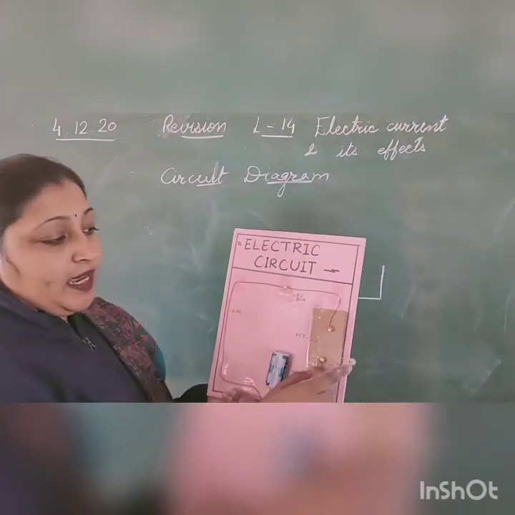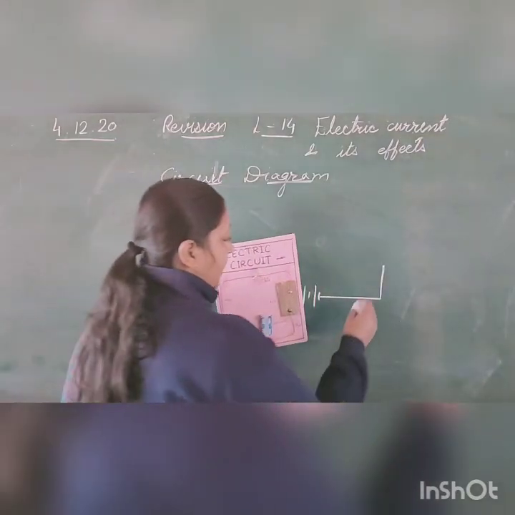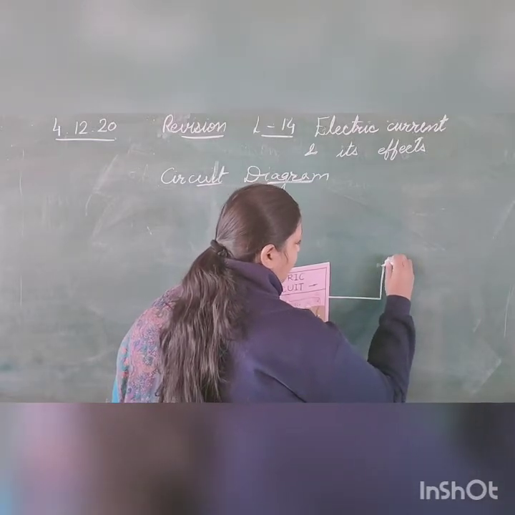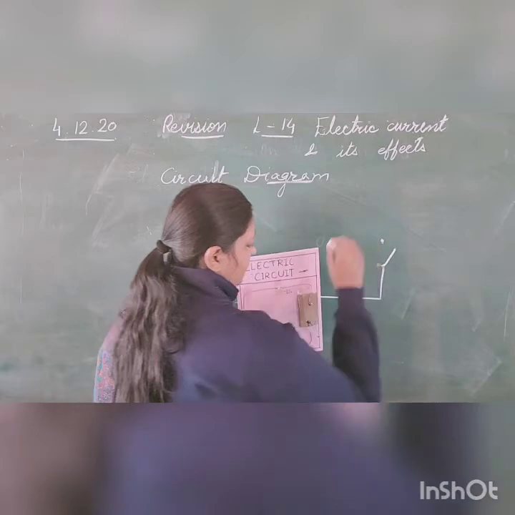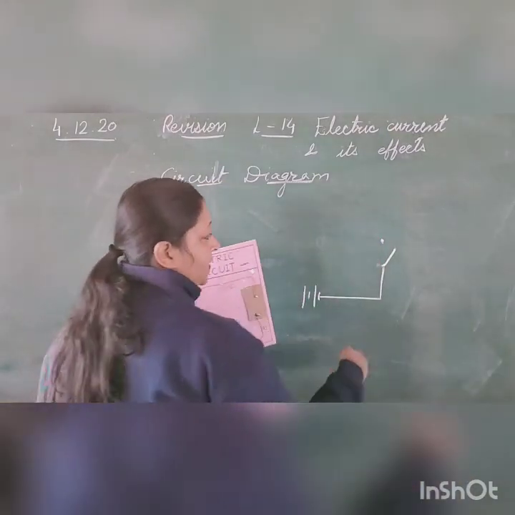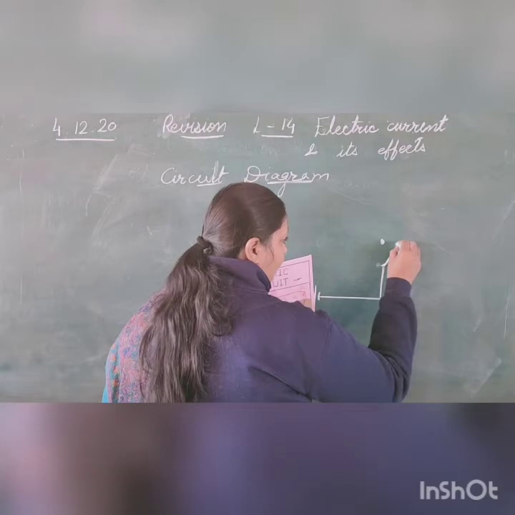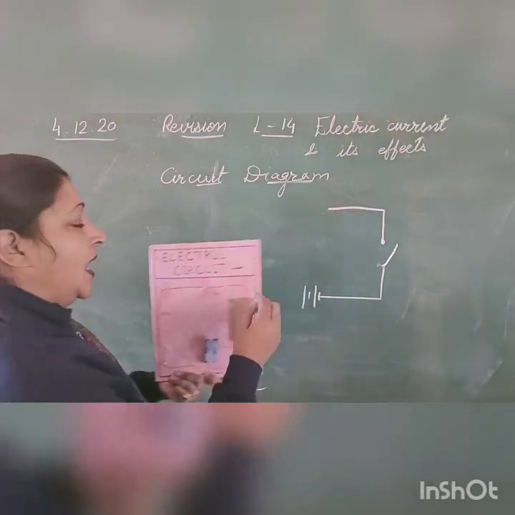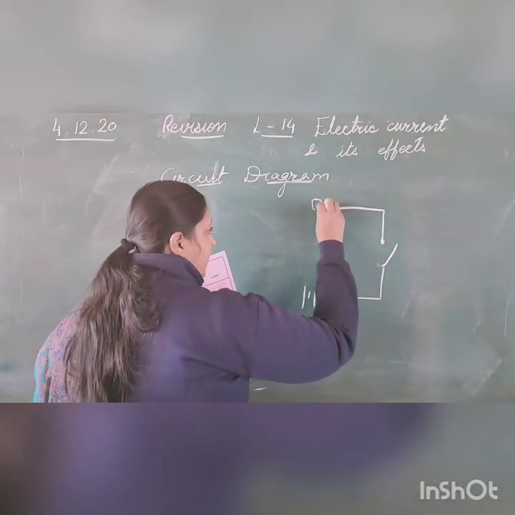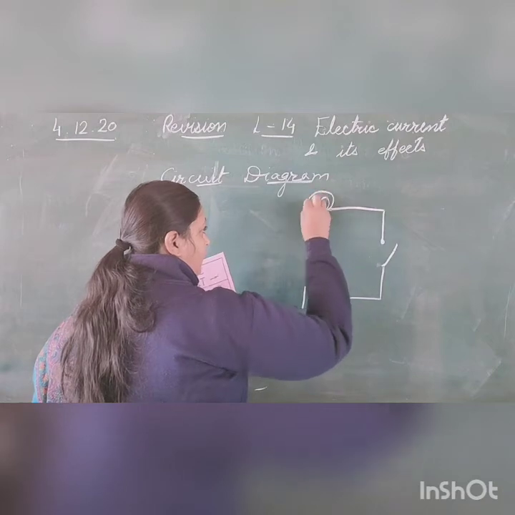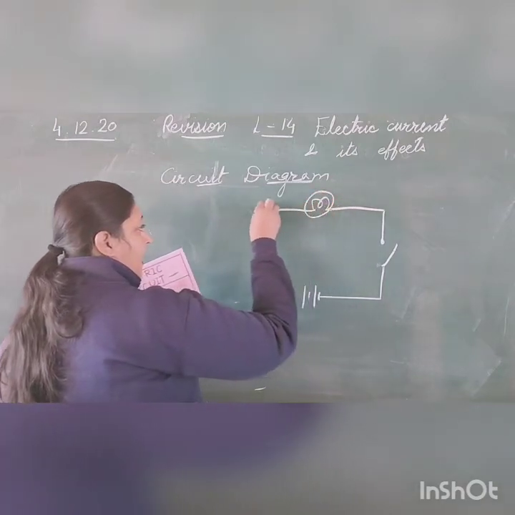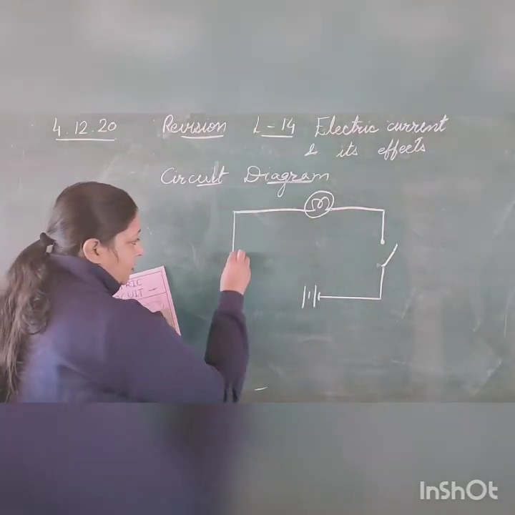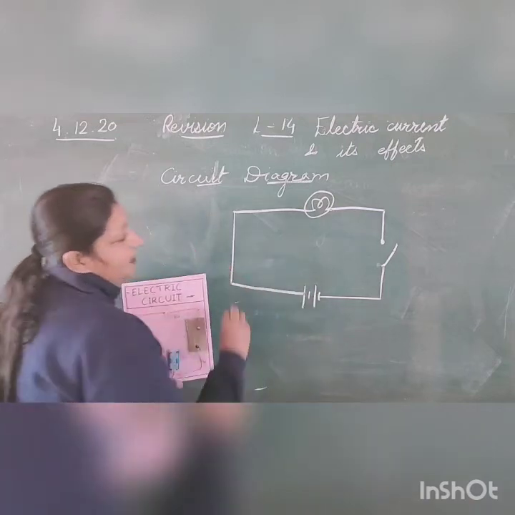And at this point, I find the switch, and it's an open switch over here. Okay, so I will draw a switch like this. Can you see the switch? After this switch, there is an electric appliance. Can you see this? And this electrical appliance is a small bulb. And after this small bulb, it is further attached to the battery. So this we call a circuit diagram.